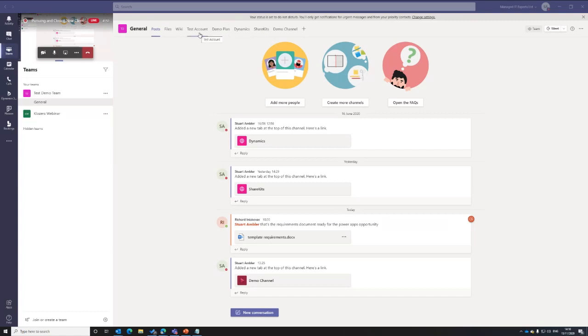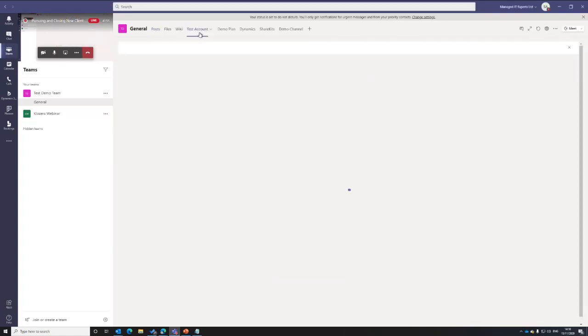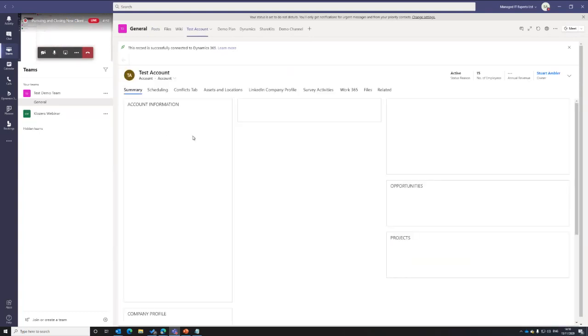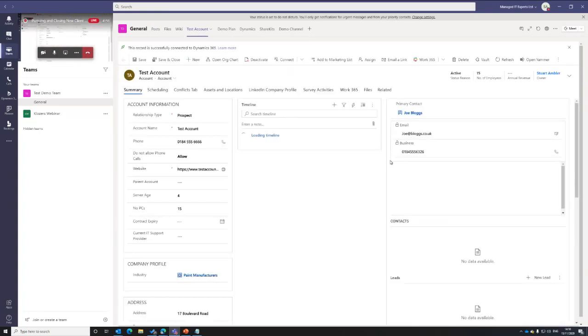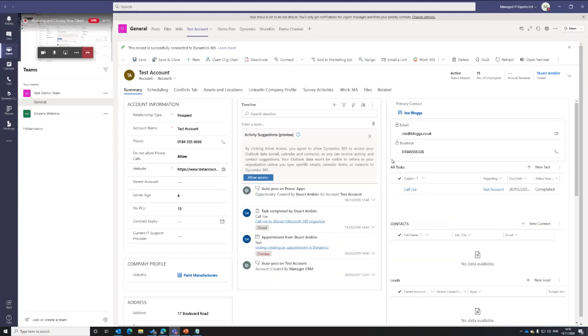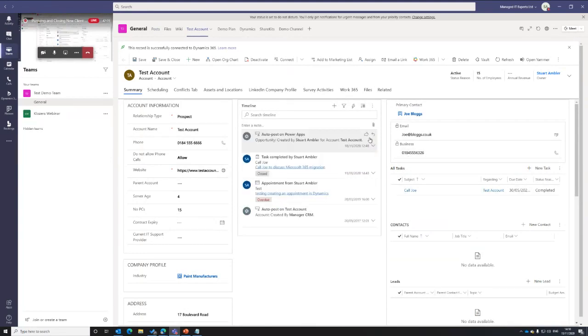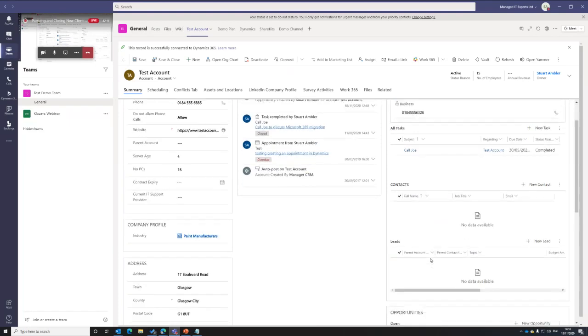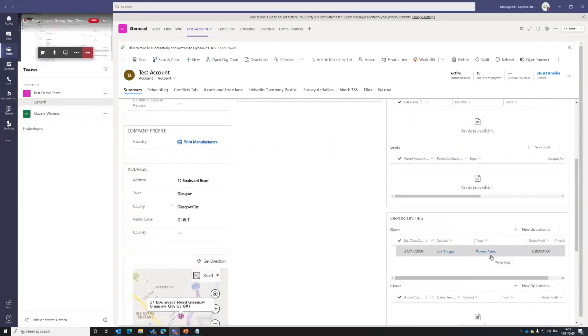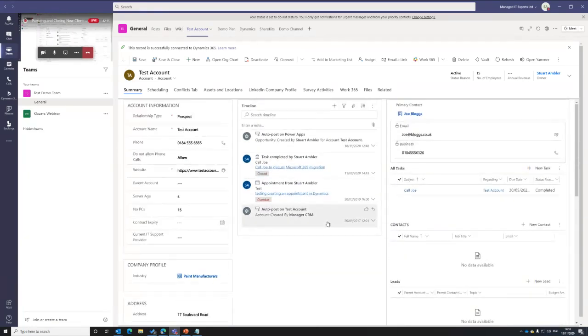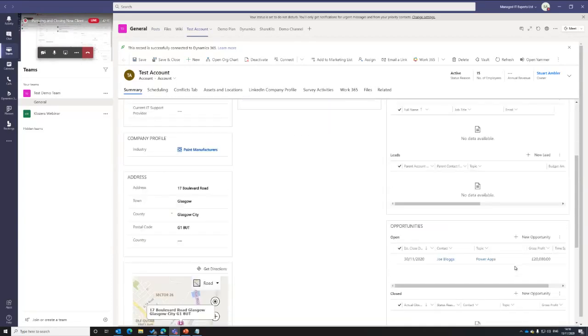So this test account here is actually our window straight into Microsoft Dynamics, which is our CRM. And this is where we manage the account. This is where we manage the account details, the contact, everything to do with that company, as well as the opportunity itself.